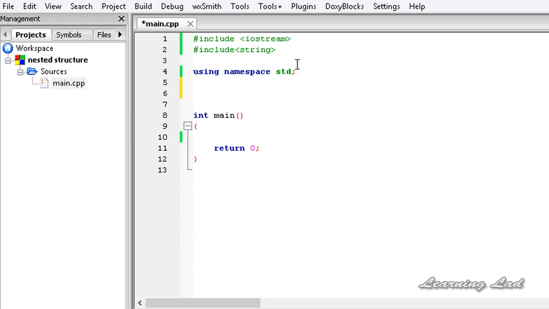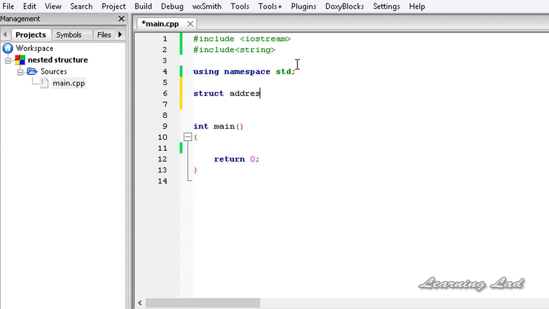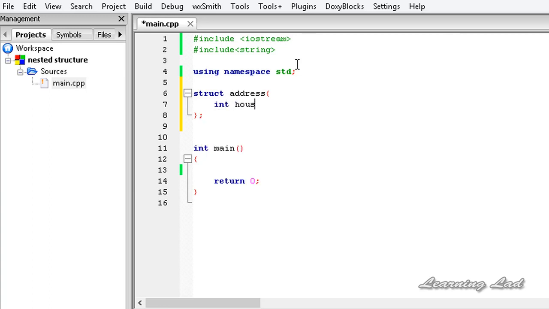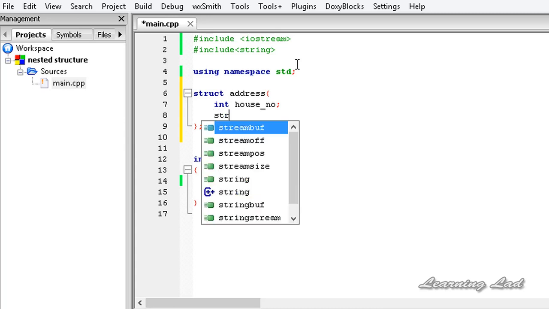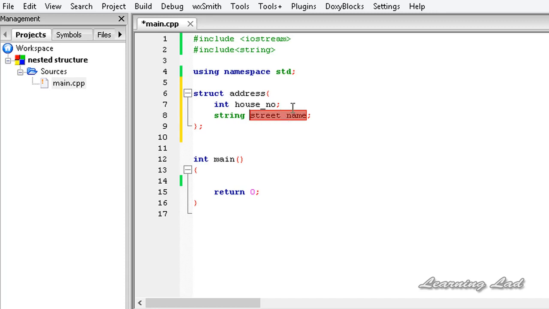Alright, first we're going to create a structure called address. So it's going to be struct address, and as members let's have int house number and then string street name. Alright, now we have a structure called address which has the house number and the street name,